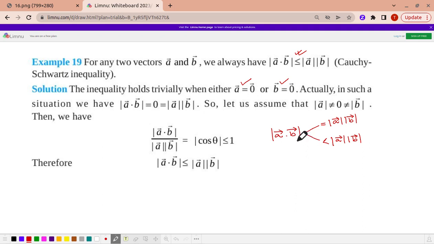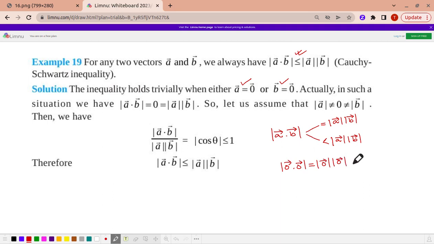How come we can say this? Mod A into mod B, that is mod of 0 vector into mod of 0 vector, that is 0. Right hand side is 0 and left hand side is 0 dot 0, that means mod 0. So if we write 0 vector dot 0 vector, that is equal to mod of 0 vector into mod of 0 vector